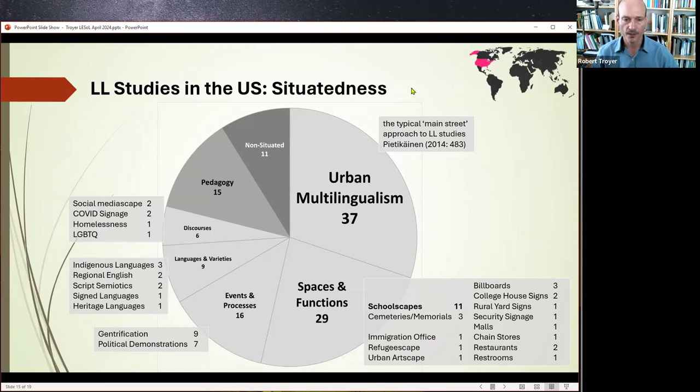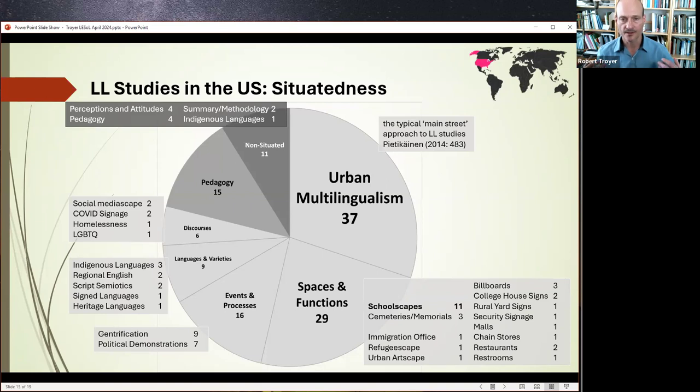There are 11 studies of these 123 that I classified as non-situated. What I mean by that is they don't have any data from a specific geographical location. And you might think, how can you have a linguistic landscape article with no data from a specific location? Well, two of those articles are methodological summaries. So just talking,